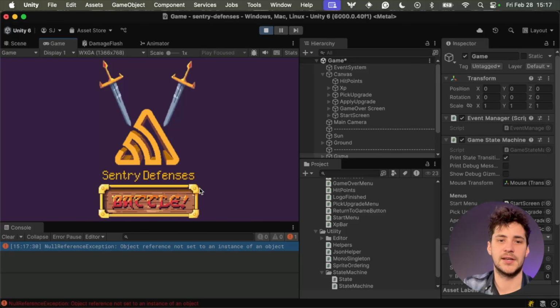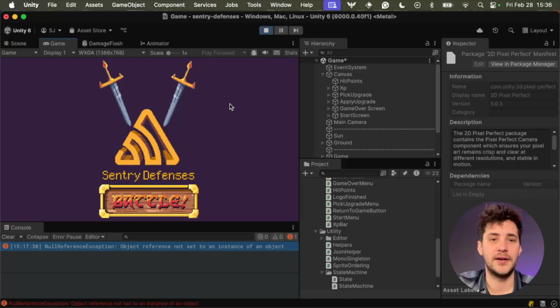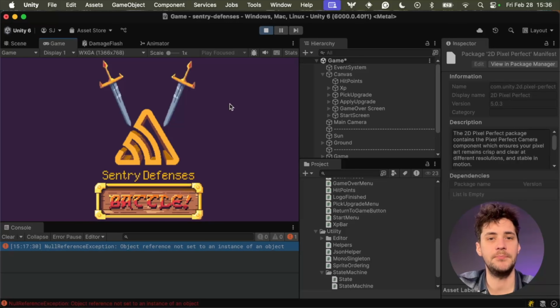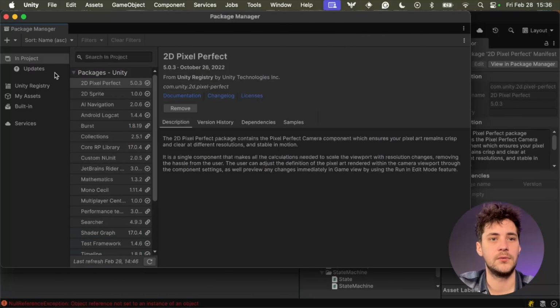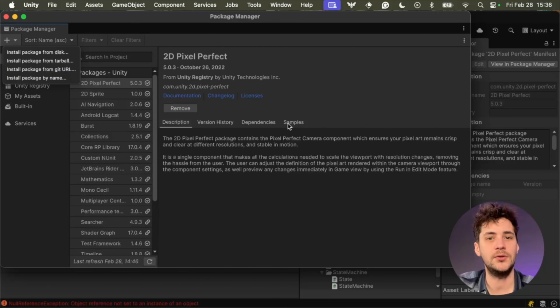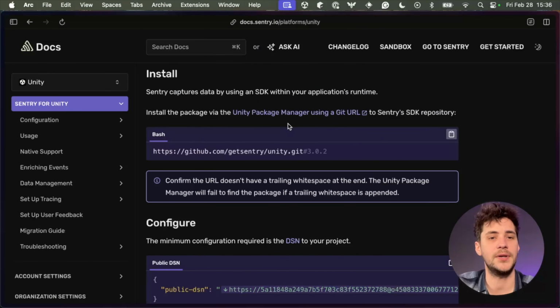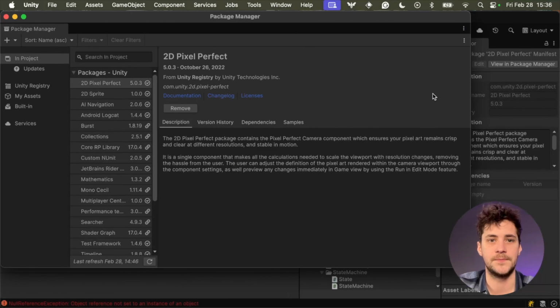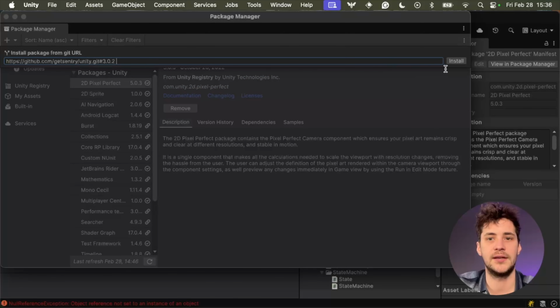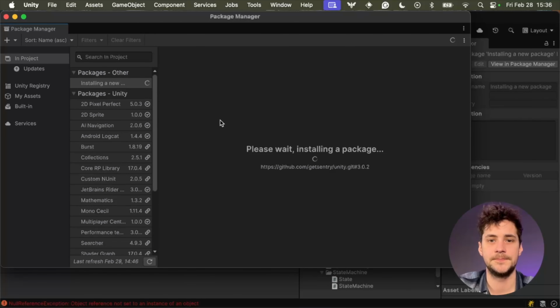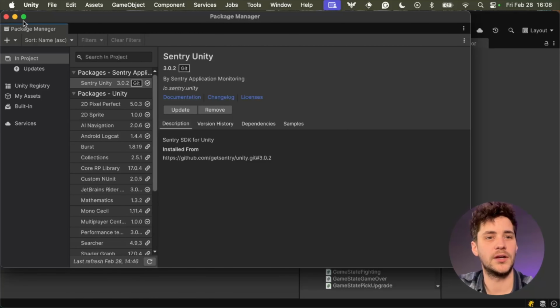Now this is where the Sentry SDK comes in. It automates the whole process of reporting those errors to you. The Sentry SDK is provided as a Unity package that can be installed via the built-in package manager directly in the editor. We go to Window, Package Manager, and with the plus icon on the top left, we can provide the package from a Git URL. To grab that URL, we can head over to the documentation, docs.sentry.io, and grab the link we provided in the install instructions. With that link, we can head back to the package manager, install package, paste that link in there, hit install, takes a hot second. And after the SDK has been successfully installed, we can close down the package manager.